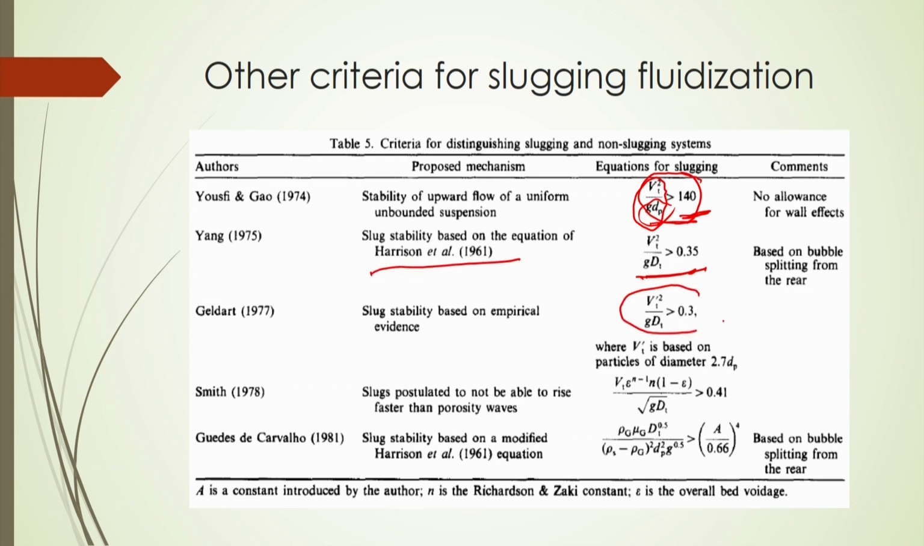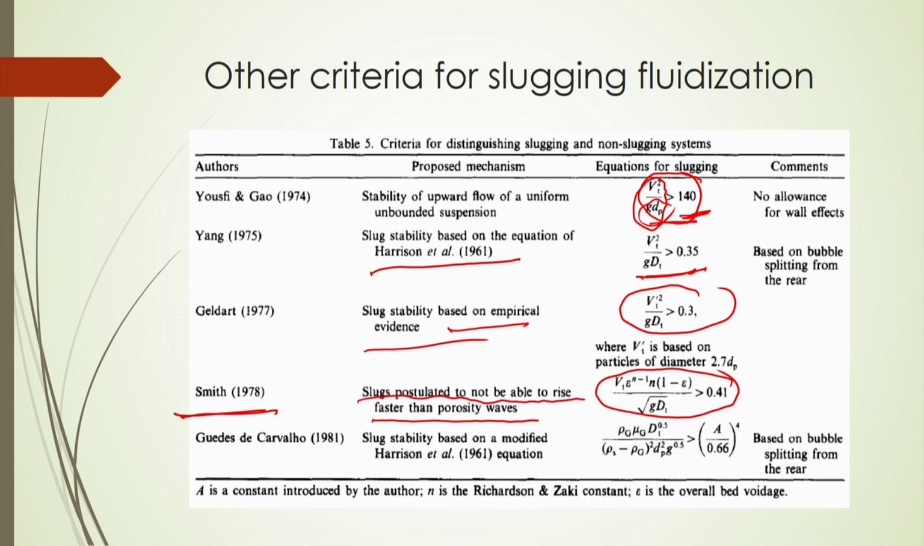And this criteria will give you the slug stability based on the empirical evidence, and these correlations will give you the slugs postulated not to be able to rise faster than porosity waves. Of course, these correlations were developed by Smith 1978,